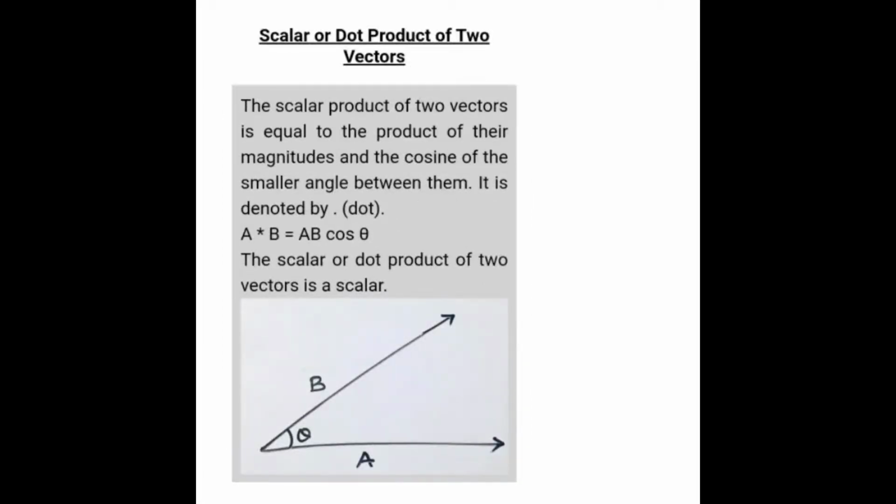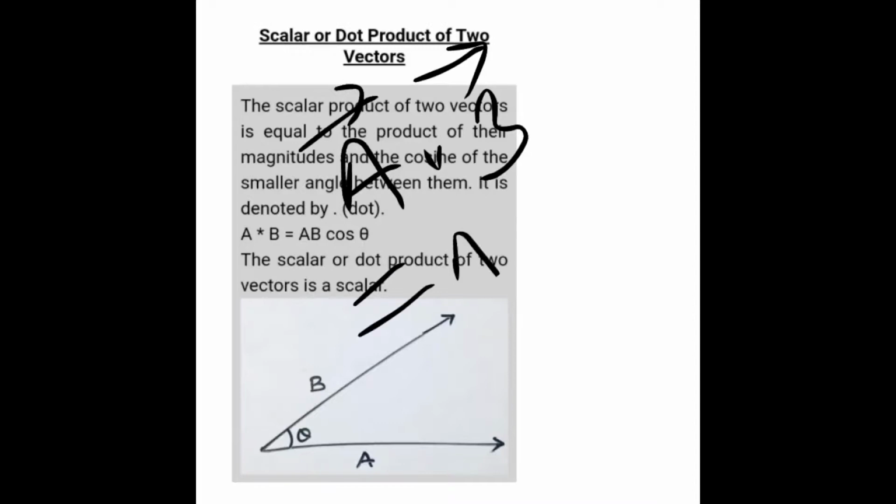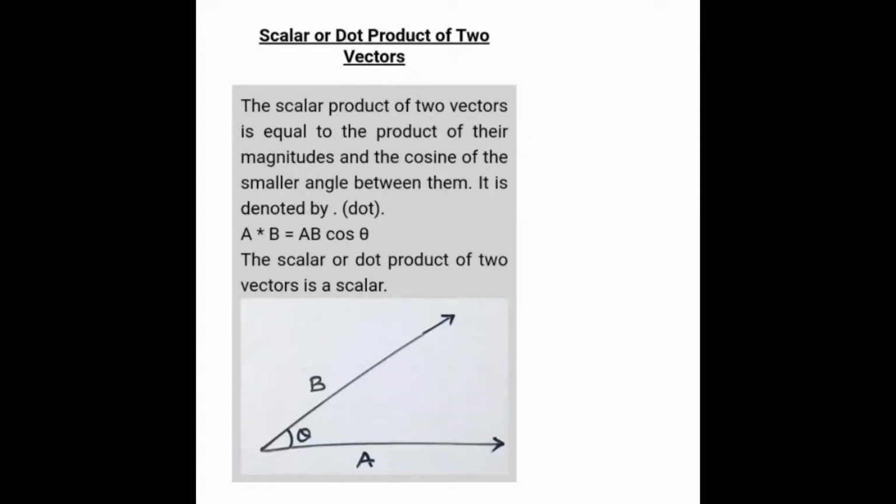Again, in terms of numerical value, there is the dot product or scalar product, and the cross product or vector product, which is also important. So a dot b vector, here you see a asterisk b is shown, but actually it is a vector dot b vector equals ab cos theta. This is the formula, right? In my next video I will be giving the numericals based on the dot product and cross product, but for this class, in these notes, I will just be providing you the basic concept of scalar and vector products.